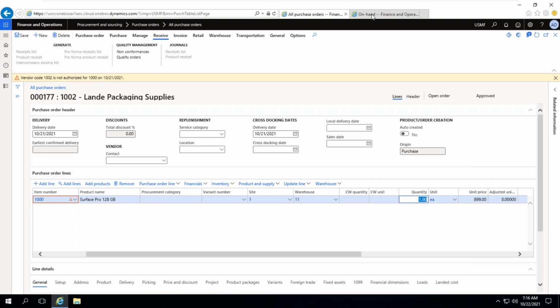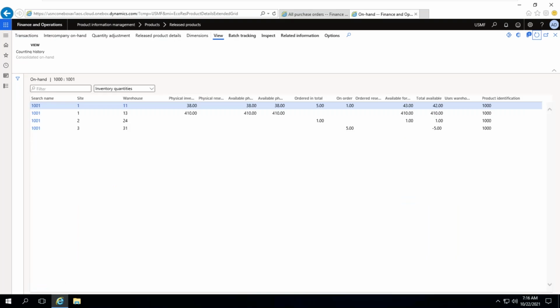What it means here, in this on hand inventory, so item, there are options inside. Let me show you.